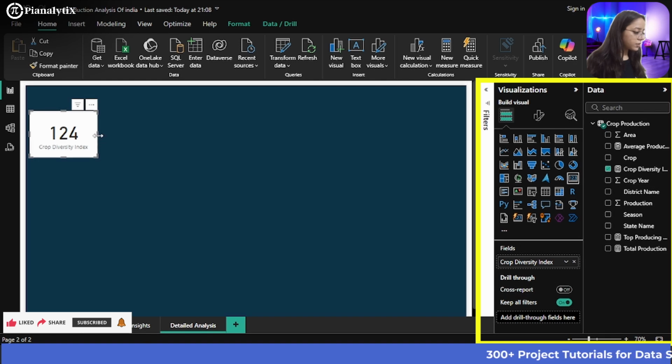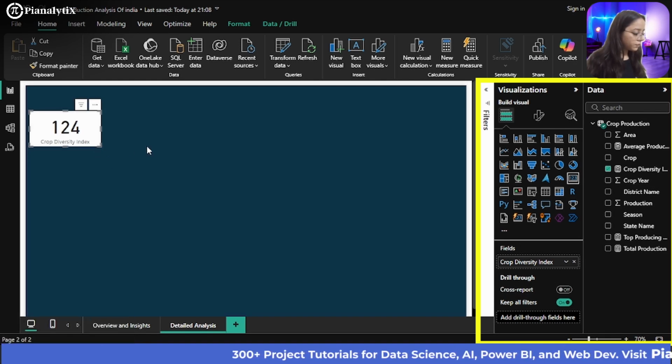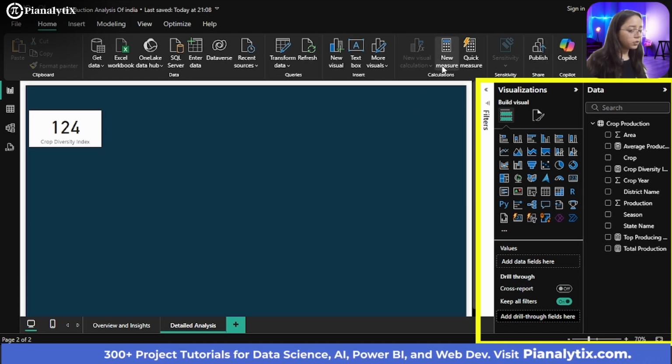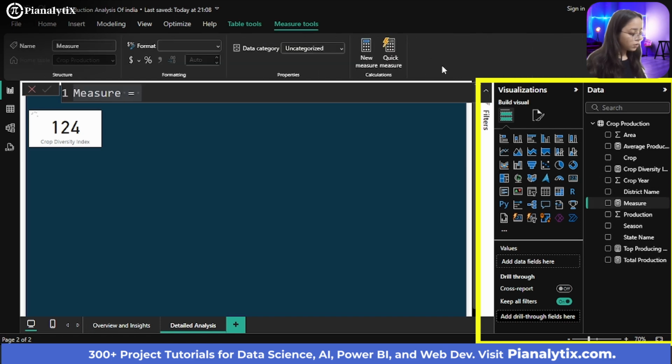Let me just resize it. Now you will create another measure. You will click on new measure here. And now what you are going to write down is the crop efficiency.